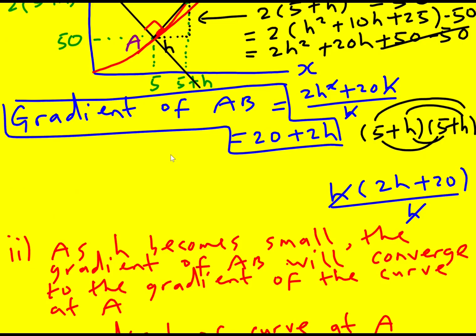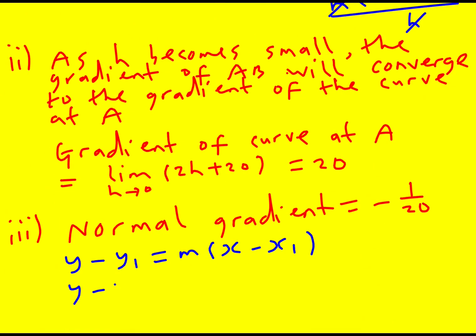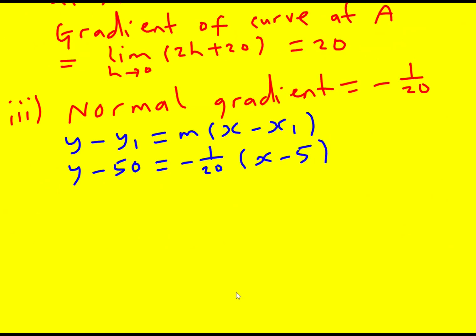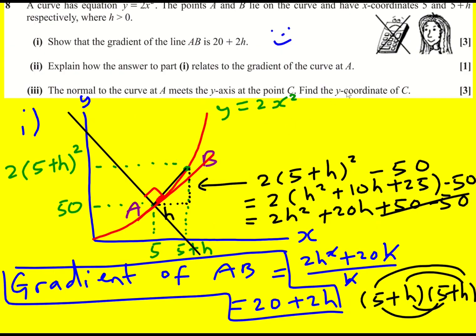Now remember, I'm looking at point A, so I've got x is 5 and y is 50. And that's going to be my line. Now I'm simply asked to find the coordinates of C. That's where the normal